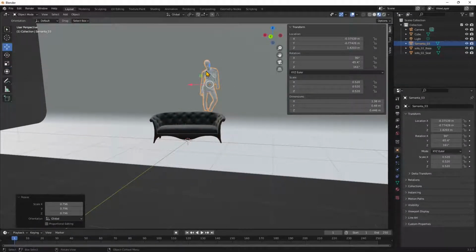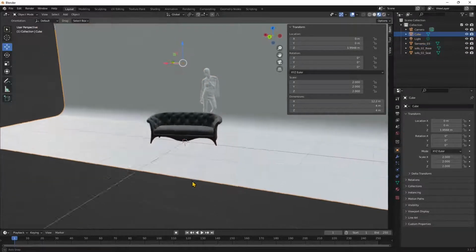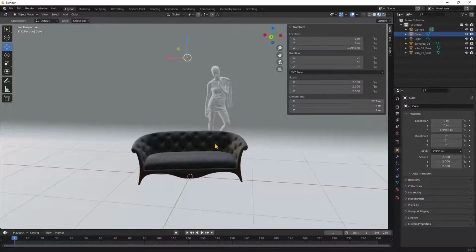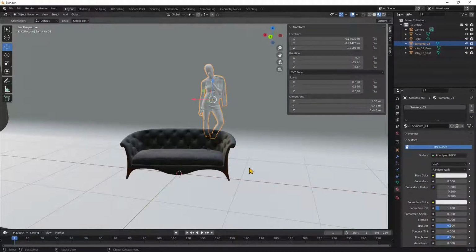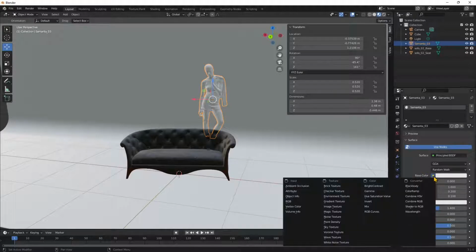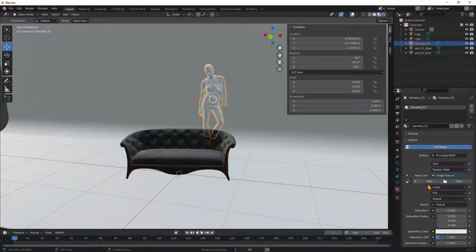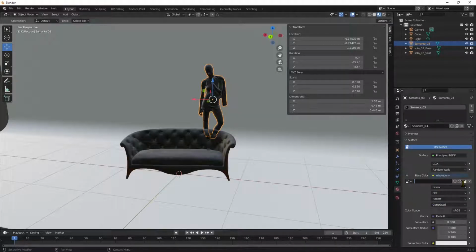So I'm gonna place it something like that, and you can see it doesn't have textures. So this is a problem again that we need to fix. To do that, I'm gonna go into the material tab, and we're also gonna talk specifically about materials later in other videos. In this video, I'm just gonna concentrate on applying that base color right there. I'm gonna click on this little dot, and I need to assign a texture, specifically an image texture. So if I click there, you can see that now it's kind of black. So let's click on the